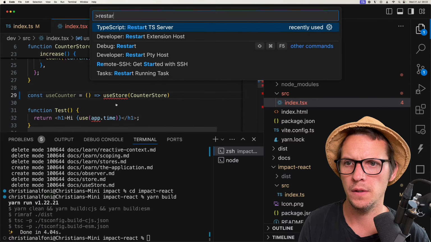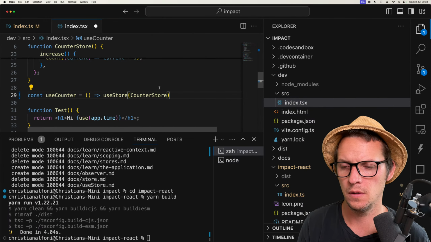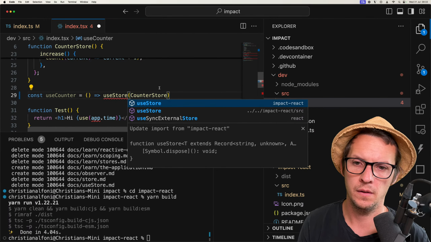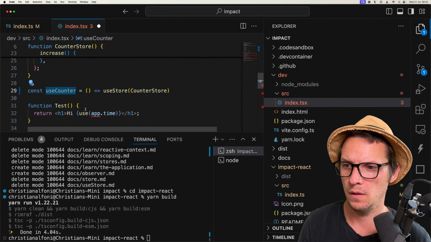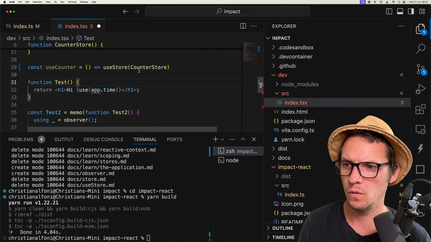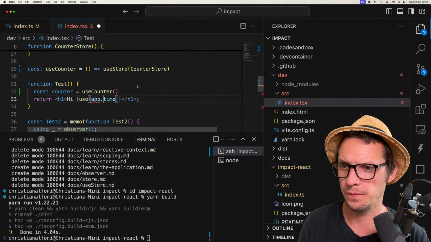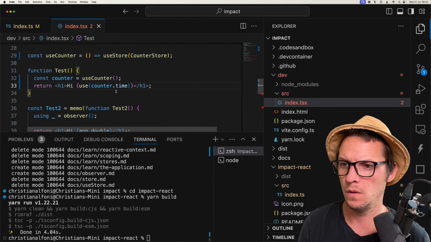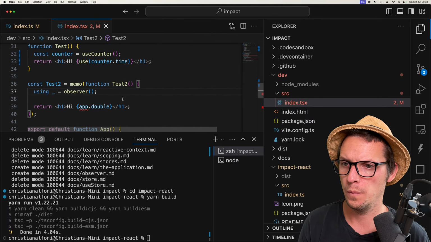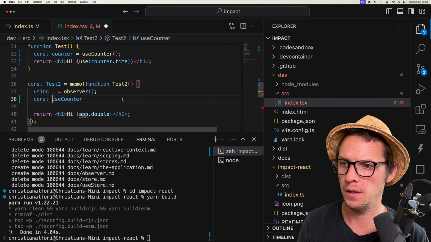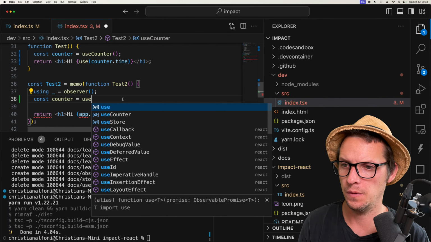I think I need to restart TS server. Counter equals use counter. So now this is how, counter equals use counter.